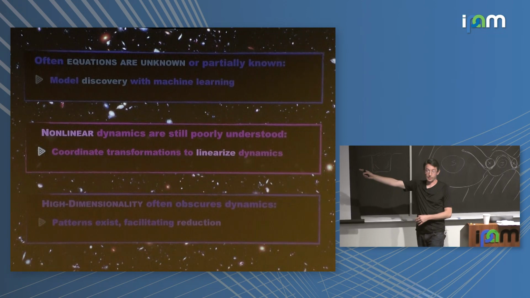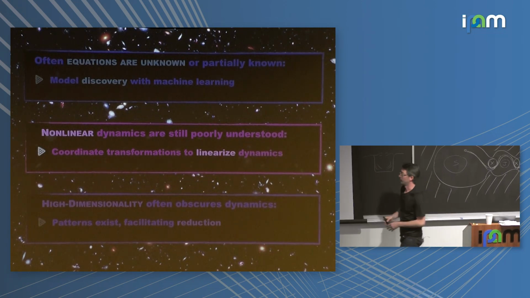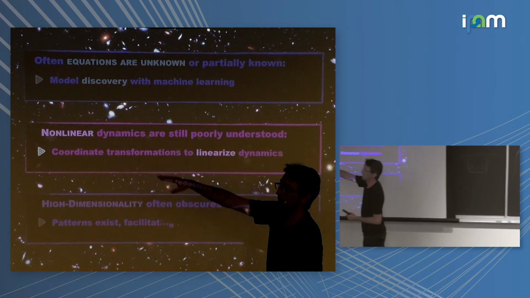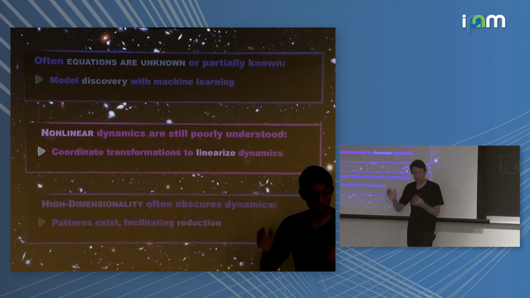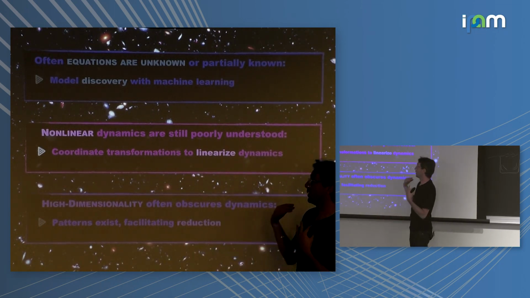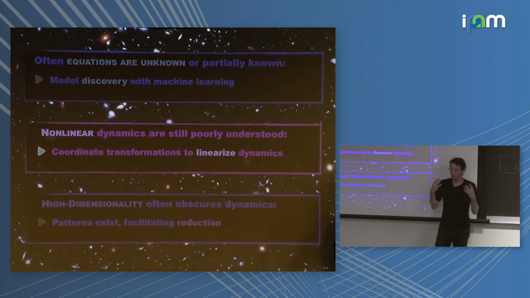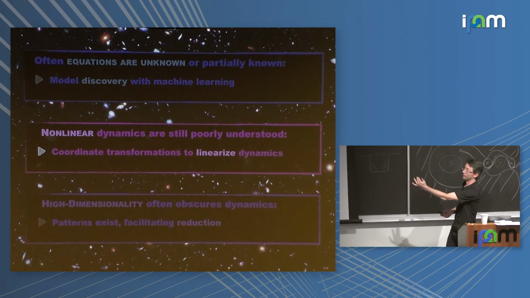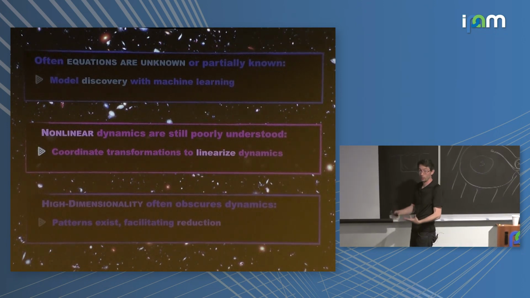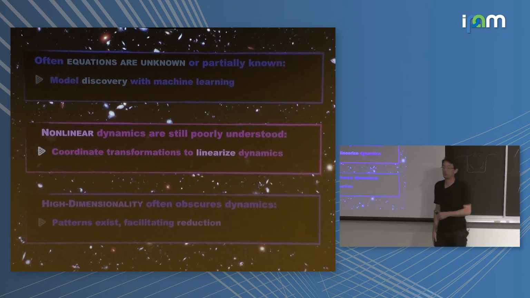Fourier transform is a space-time separation of variables if you apply it to this kind of data. The SVD is a data-driven version of the Fourier transform. You can think of principal components on that kind of data as just data-driven Fourier. And what's happening now that we have these very powerful representations in deep learning, like what Frank was talking about, we're starting to be able to go beyond those linear coordinate transformations, mathematical from Fourier, data-driven with SVD, and now we're starting to get into more complicated nonlinear coordinate transformations designed to simplify the dynamics in a certain